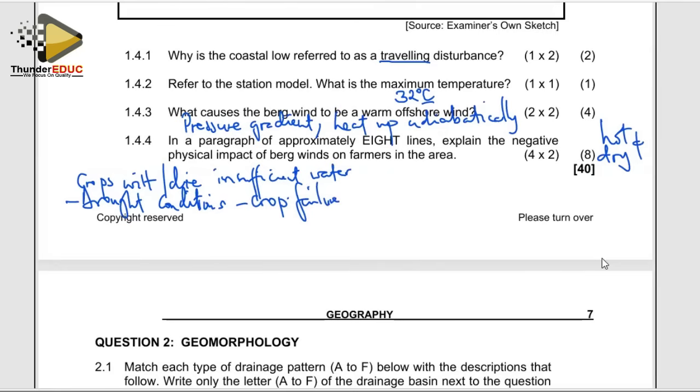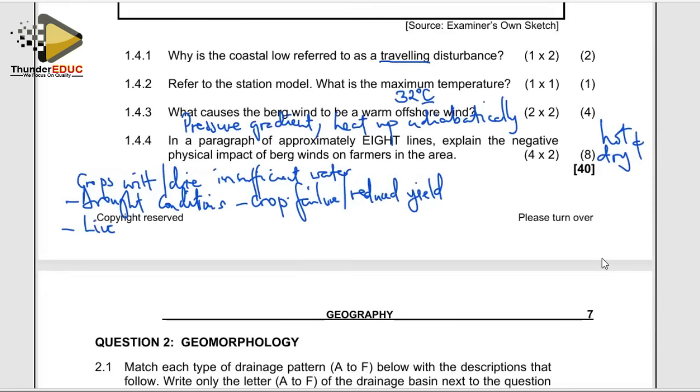Or in terms of yields, they might be reduced. Farmers will not reap as expected because of the drought conditions, the excessively dry conditions that are caused by the back winds. They're going to affect the crops. Crops can fail or they can result in reduced yields for the farmer. Then you can also look at